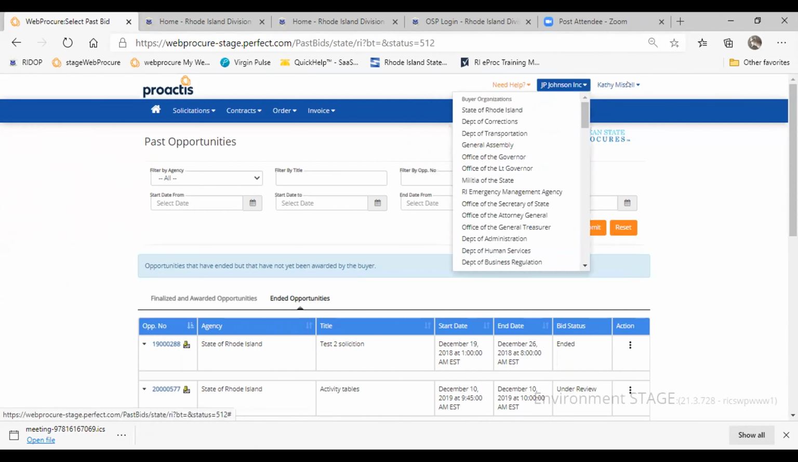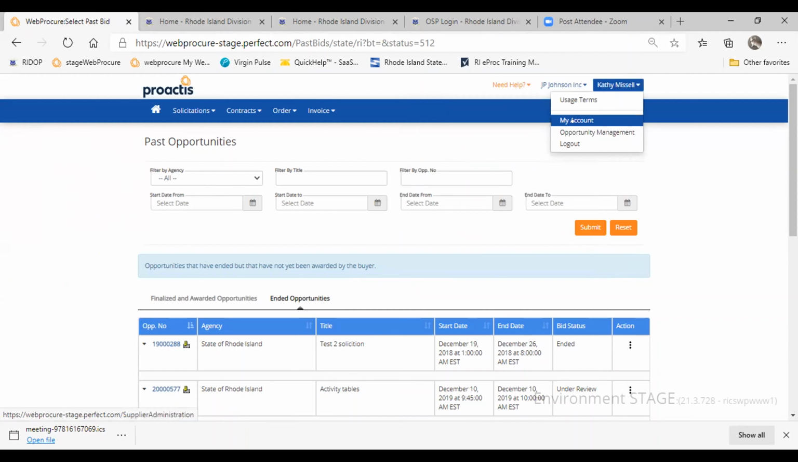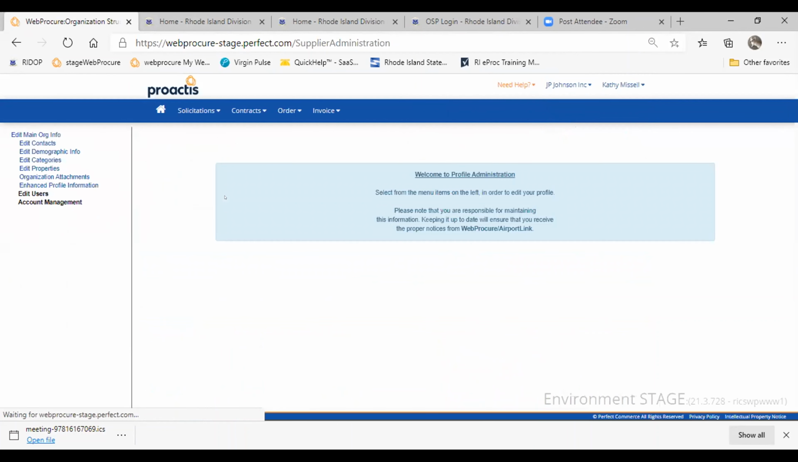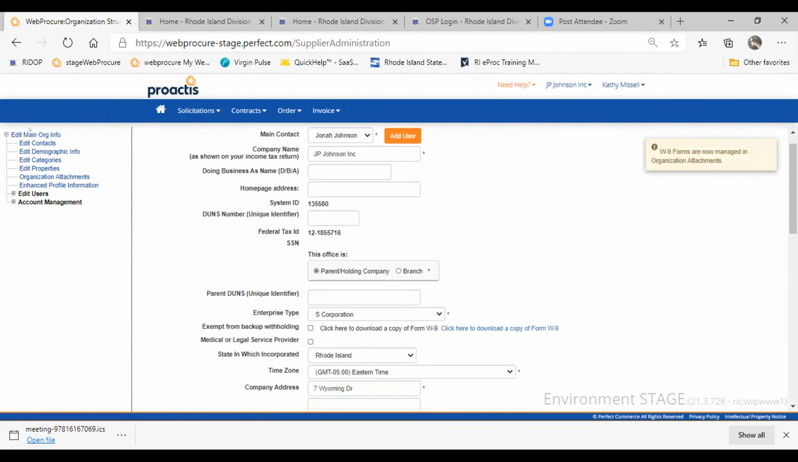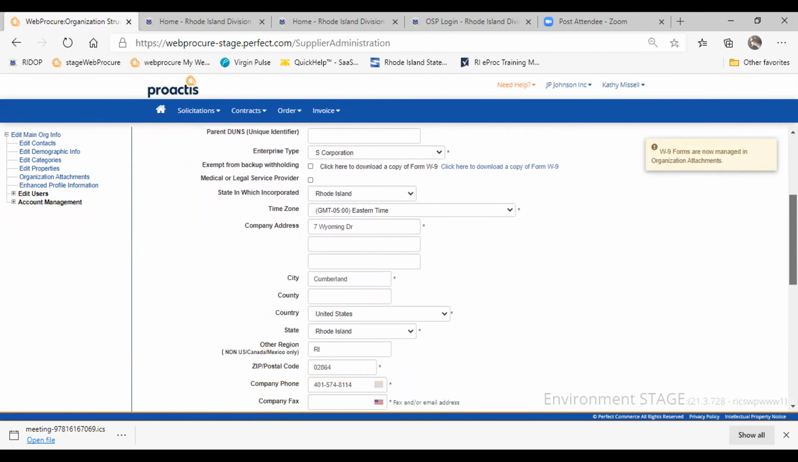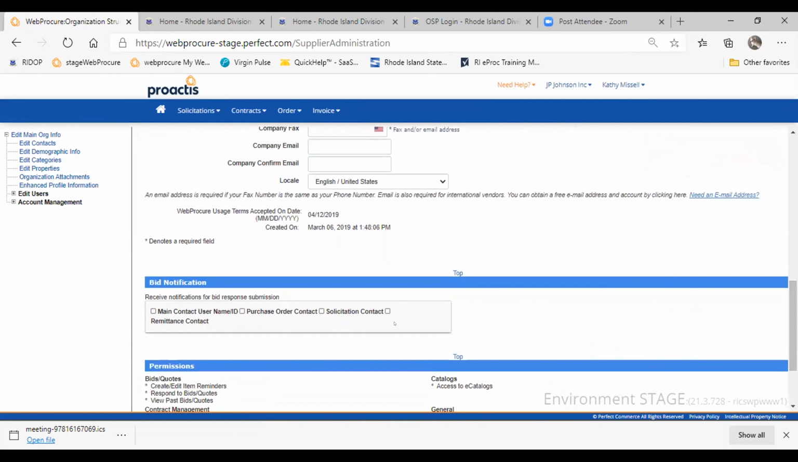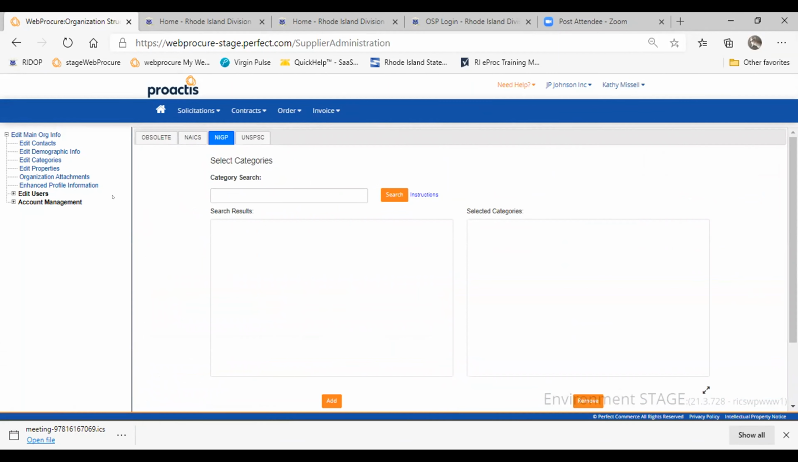If you need to make changes to your account, you would come over here to where it says My Account. If you want to add a user, you would go to where it says Edit Users and add a new user here. If you want to make sure that you're getting notifications, you would go to Edit Main Org Information. You'd scroll down here and you see where it says Bid Notifications. You could check off which notifications you wanted to add. If you need to change anything else like categories or whatever, if you wanted to add more categories, all of that could be done within this